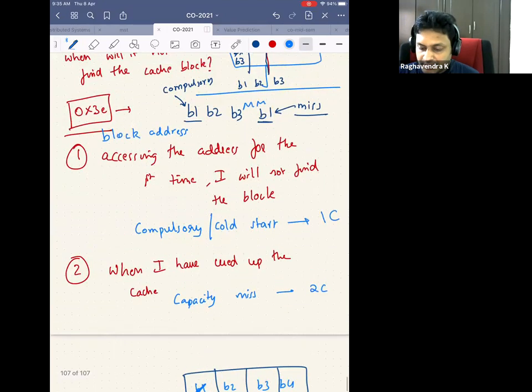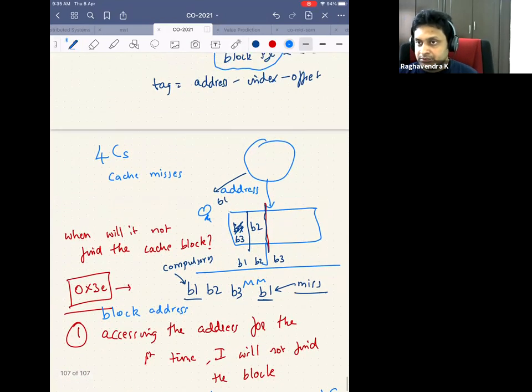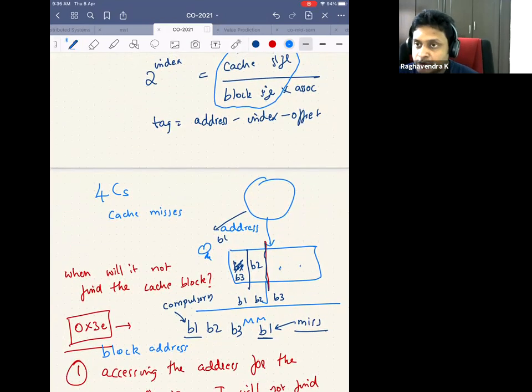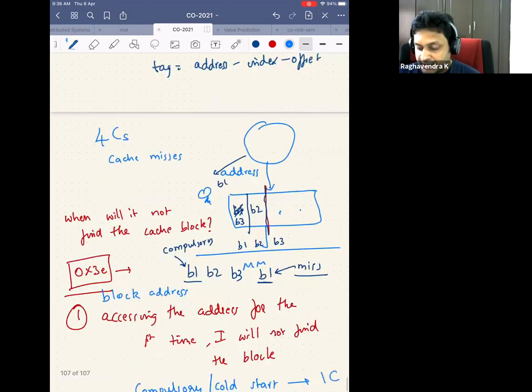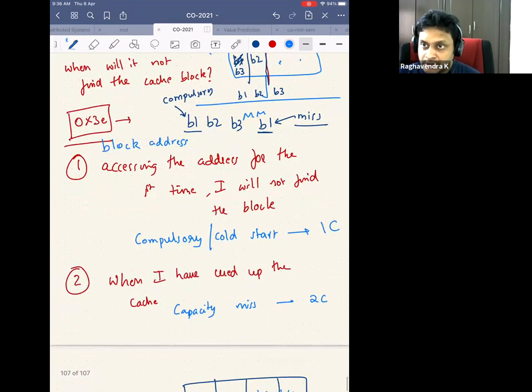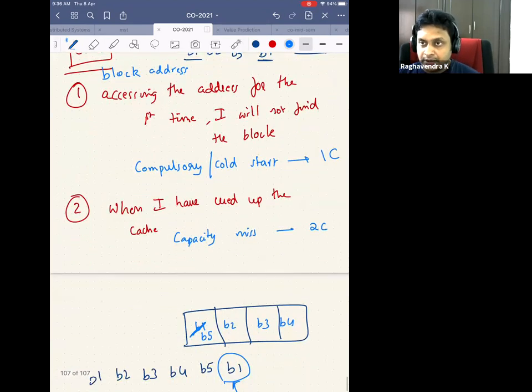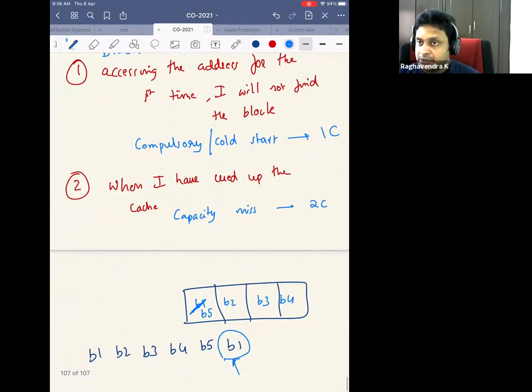But in the case of this, it is not a capacity miss, because I could have stored it here. I am not able to store it because of the way I have designed my architecture. The CPU did not say, please design the architecture such that there are two sets. You as a cache architect came up with a two-set architecture. Maybe because you wanted to reduce the power, maybe you wanted to decrease the access time. Maybe for any number of reasons you would have done it, but it is not an actual capacity miss. Capacity miss can be measured only in a fully associative cache. So that is important for you to understand.